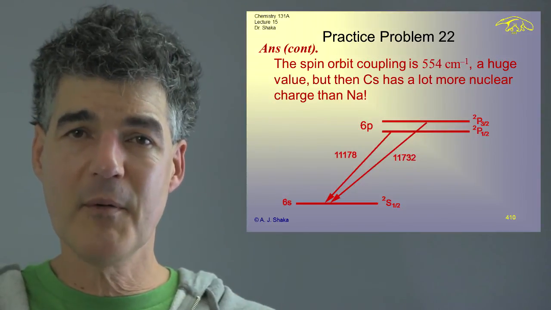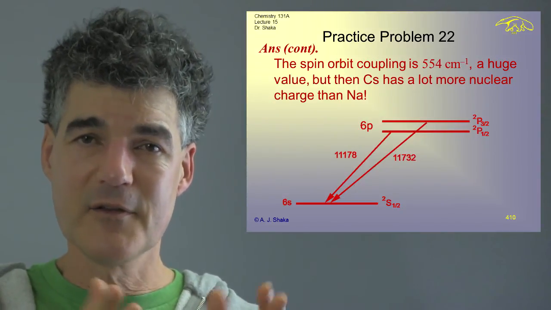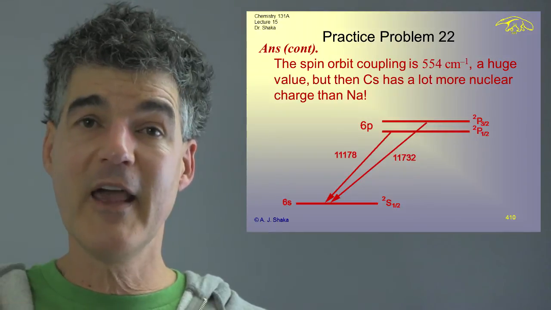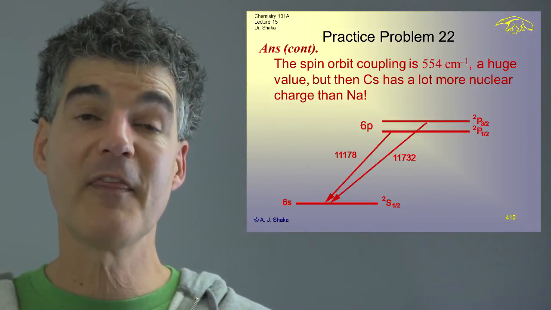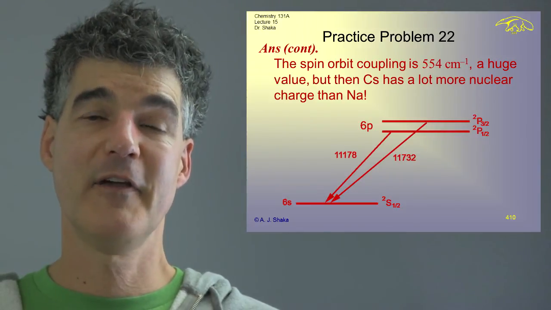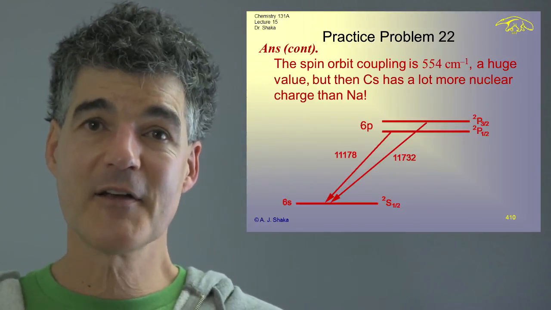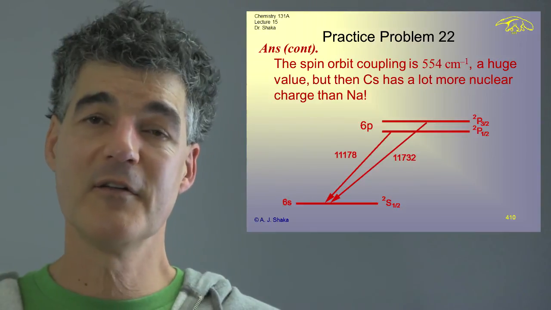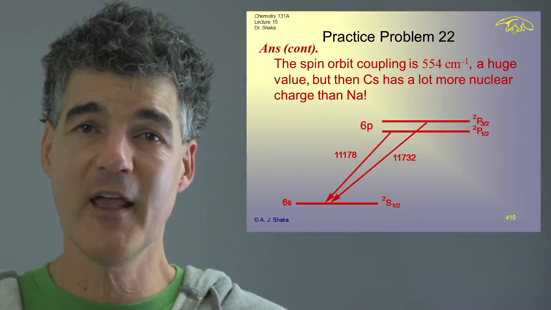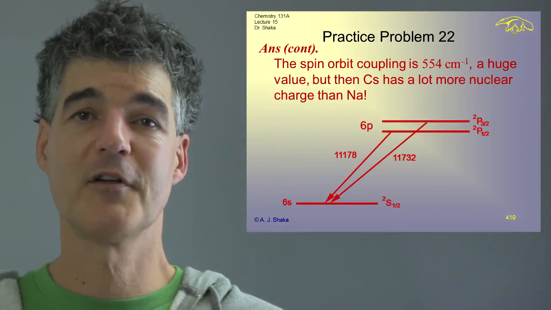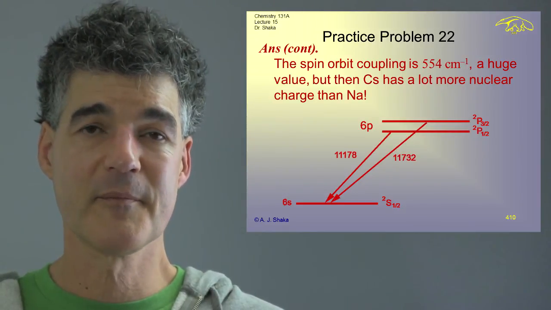And when you look at the probability, you have to square it. So it's far less likely. The S has a finite probability of being right at the nucleus. And in fact, in some cases, S electrons actually get gobbled up by the nucleus, and that turns out to be a mechanism for radioactive decay called electron capture, which is just like what it sounds.